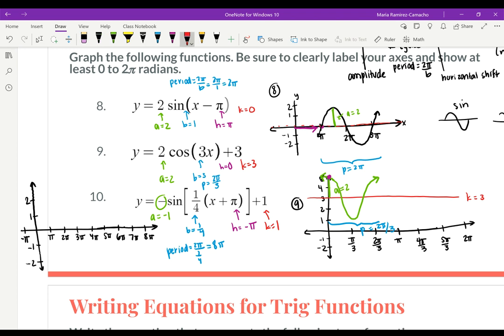Okay, starting with my midline, it's at 1. So we'll draw that first. That's good to go. Our horizontal shift is negative pi units, so we are moving that towards the left. That means that my starting point is here at negative pi. The length of one cycle, the period, is 8 pi. So if we're starting at negative pi,